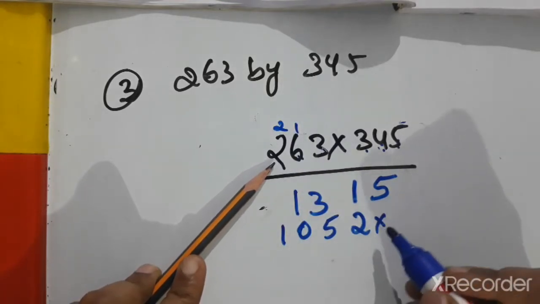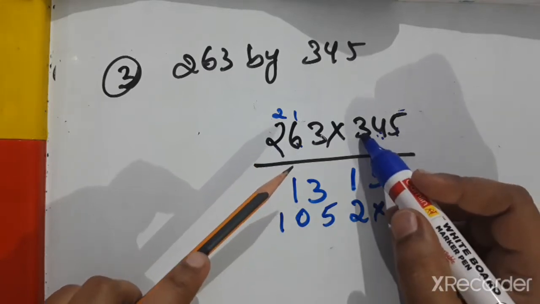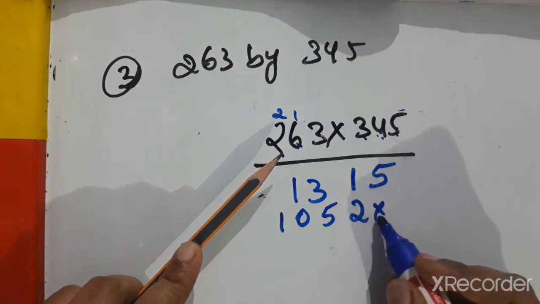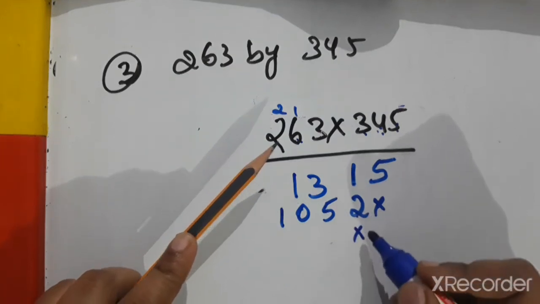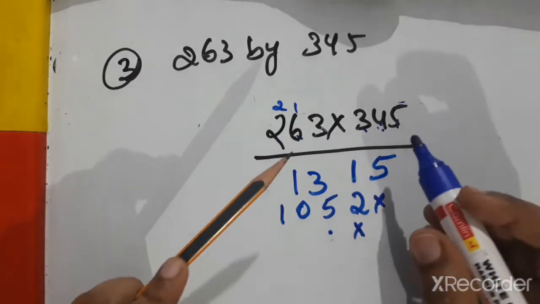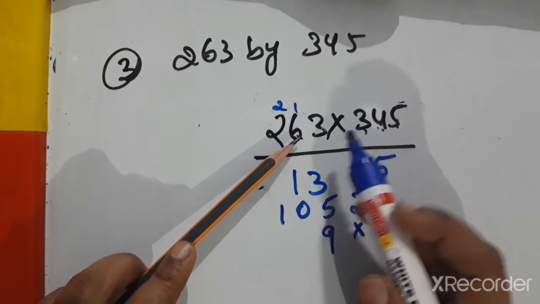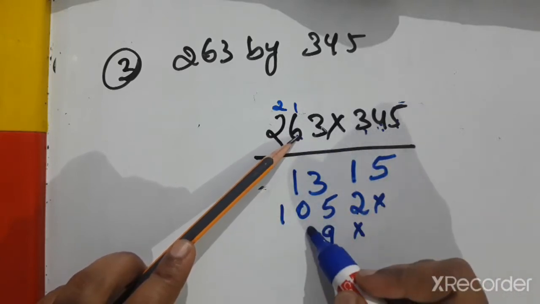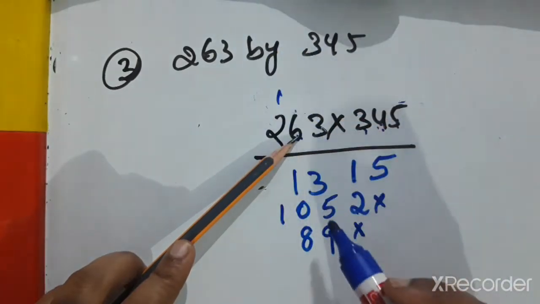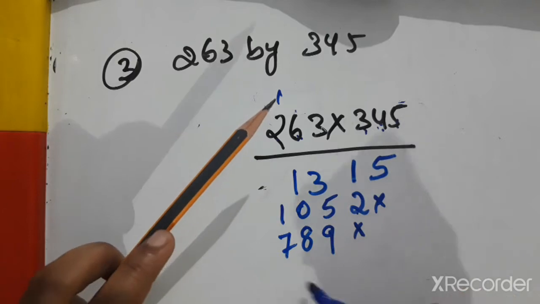Okay, at this place we have to leave one blank. And next we have to multiply with 3. So 3 with each number. So leave one place, and we have to leave the next place, and continue from here. Now 3 3s are 9. 3 5s are 15. 3 6s are 18. So 8, 1 carry over to next place. 3 2s are 6. 6 plus 1 is 7.